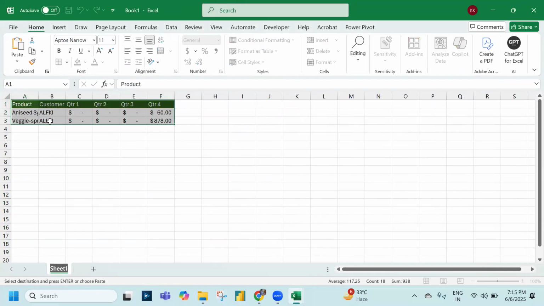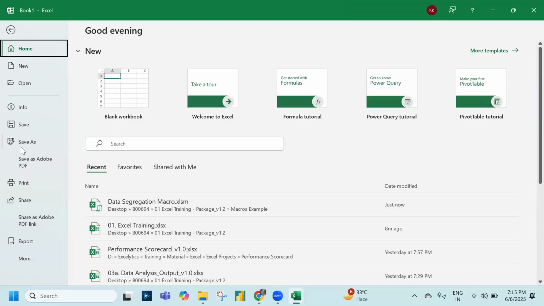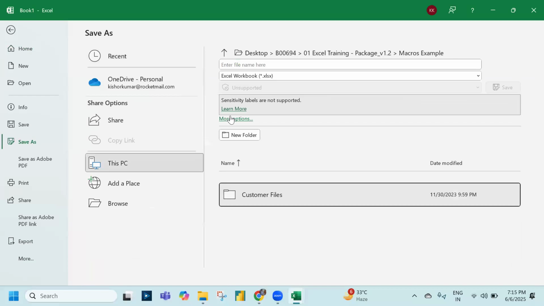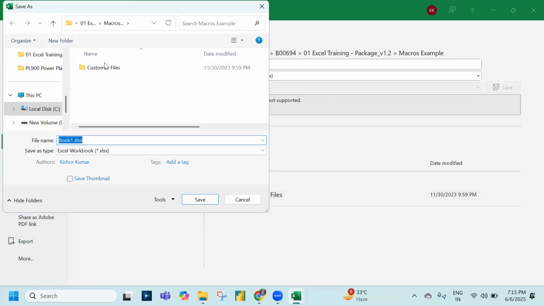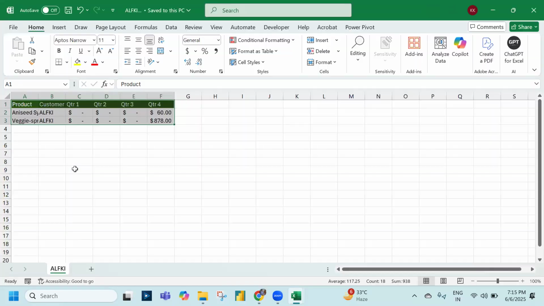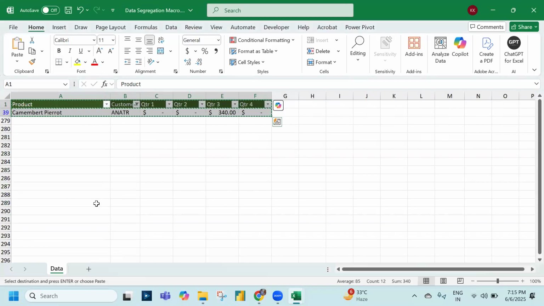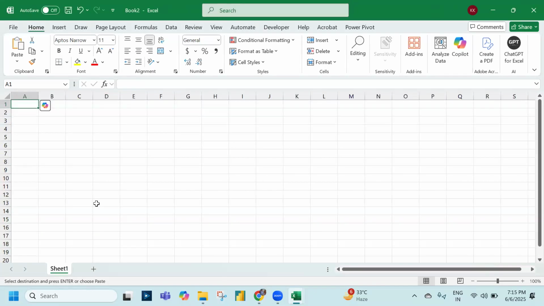What is the customer name? ALFKI. Give the same name, ALFKI. And also save this file inside the customer files folder. The file name should be the same customer name, ALFKI. Close it. Once that is done, go to the next customer, copy that, new workbook, paste that,